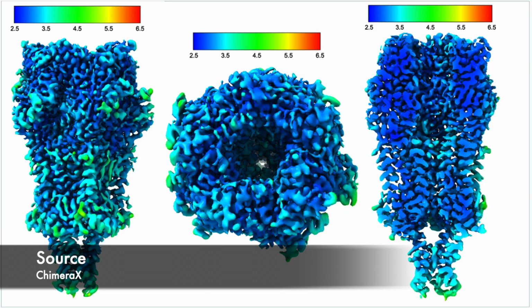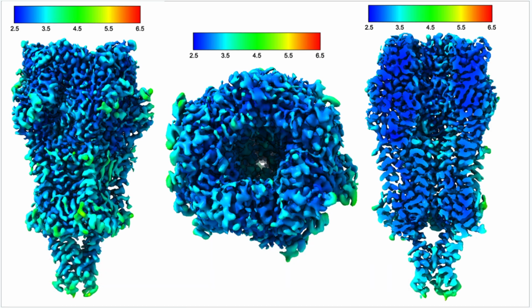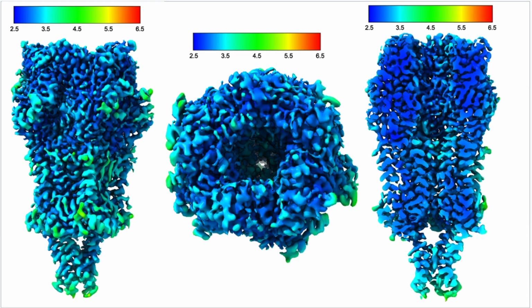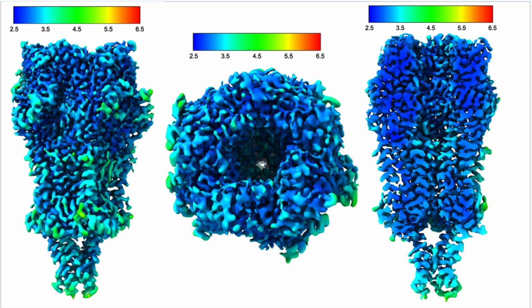And then we can start looking into the actual EM density map that I made. So looking here, the EM density map itself has a resolution of 2.82 angstroms, and the colors here are showing the local resolution, so the resolution at each residue. And just to briefly describe what we're looking at here, this EM density map,